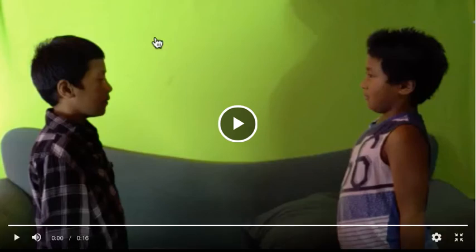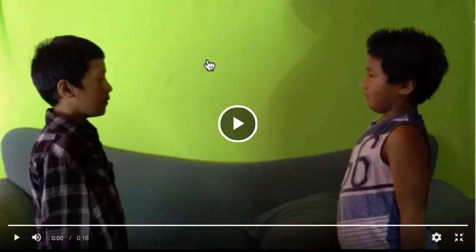So what that's done is that putting them in front of this really bright green background has made the background more of interest than the kids themselves, because the light is shining on it, it is a bright, vivid colour, which makes the audience's eye want to look at it. So if you put that light onto your actual fellas here, that will help the eye of the audience look at them rather than look at the background. Now,